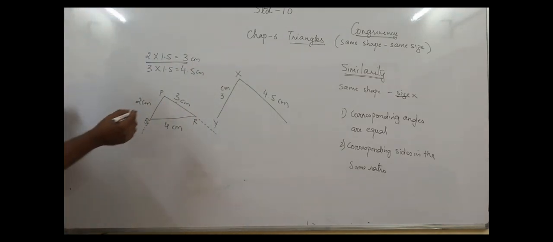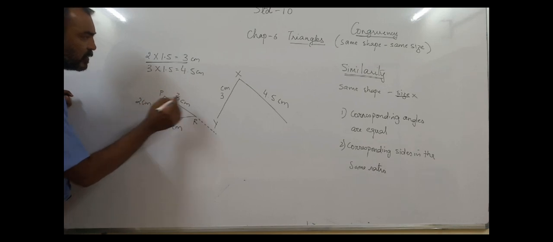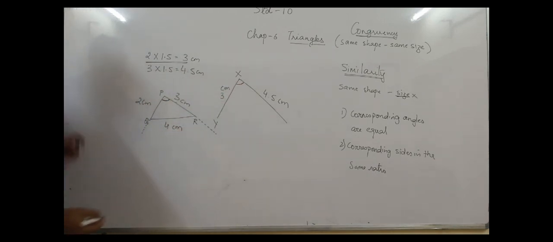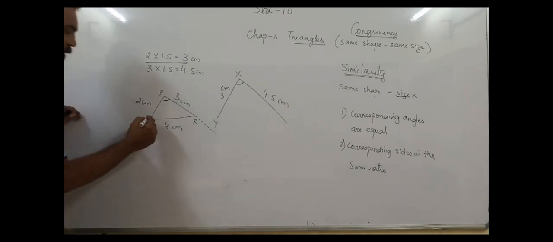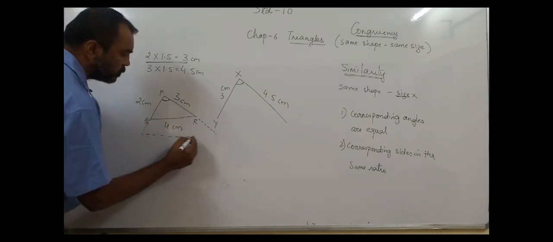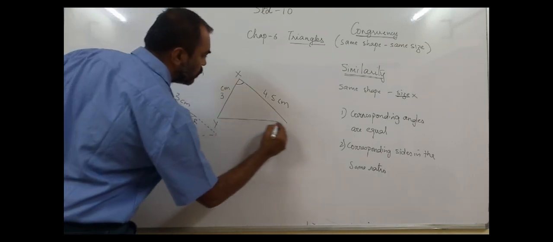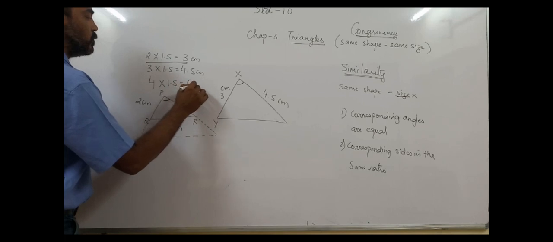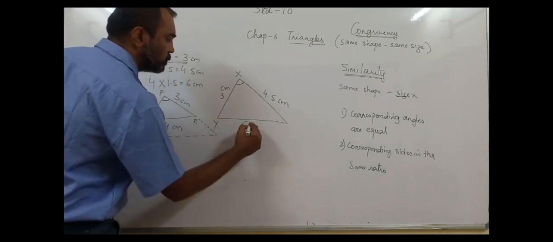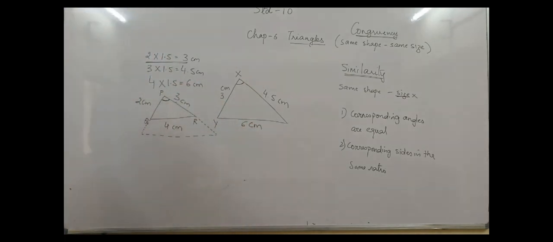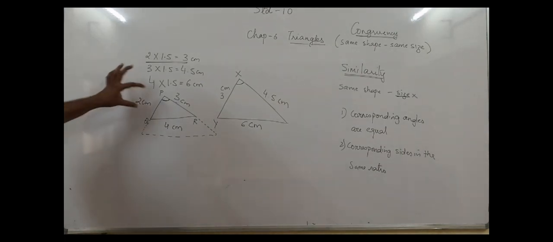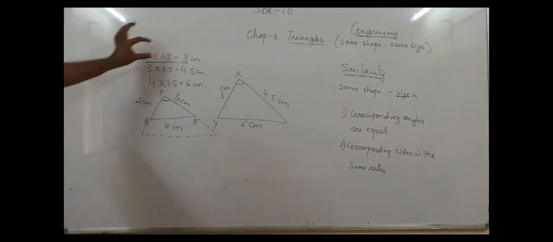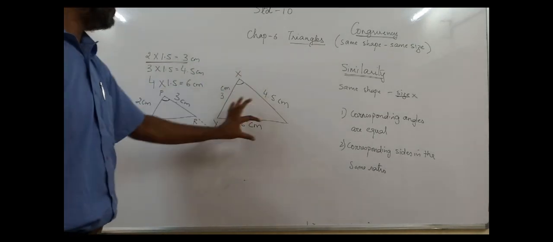But what do you observe? The sides have become bigger, the angle in between has still remained the same. When you extend the lines further in the ratio, they remain the same. And this which was 4, increased by the same ratio, became 6 centimeter. So on zooming by 1.5 ratio, I had sides of 2, 3 and 4. I zoomed it by 1.5. I got 3, 4.5 and 6.